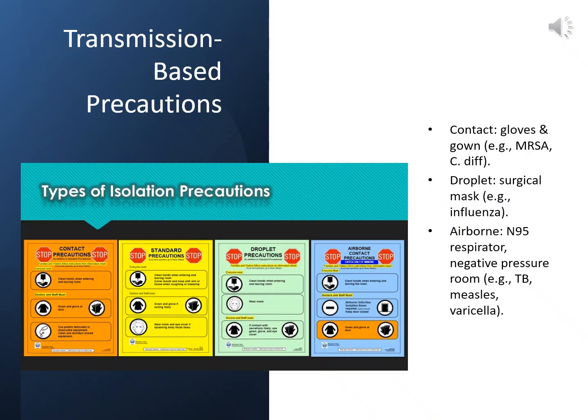So gown and glove, dispose of all of that, doff that off inside the room, and then wash your hands at the sink with soap and water every single contact. Again, the alcohol sanitizer does not get rid of C. diff spores. When we're looking at droplet precautions, you must wear a surgical mask, and then you probably will wear a gown and glove as well,